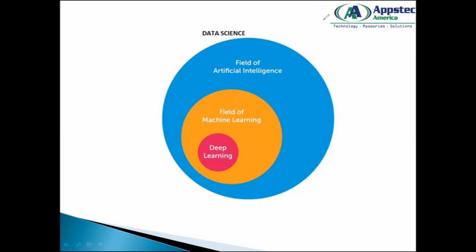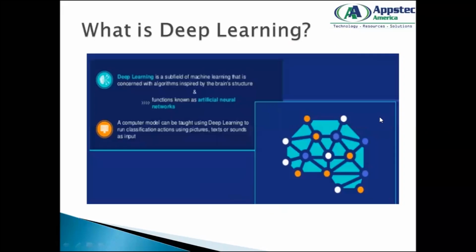Yeah. Okay, perfect. So this is the next slide which talks about deep learning. It will tell you the same thing. So deep learning is just a subfield of machine learning that is concerned with algorithms inspired by the brain structure. And one more thing is, whenever you want to involve the concept of AI along with your large amount of data set, your deep learning comes into the picture.